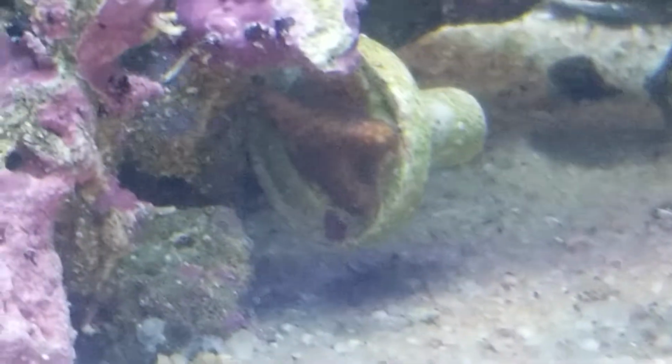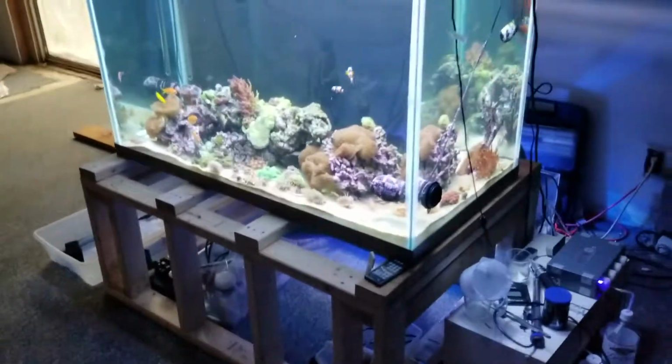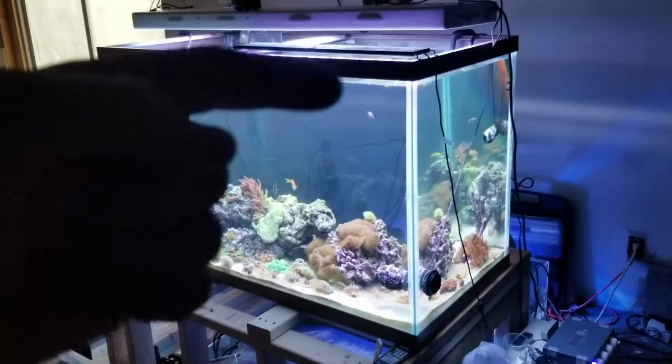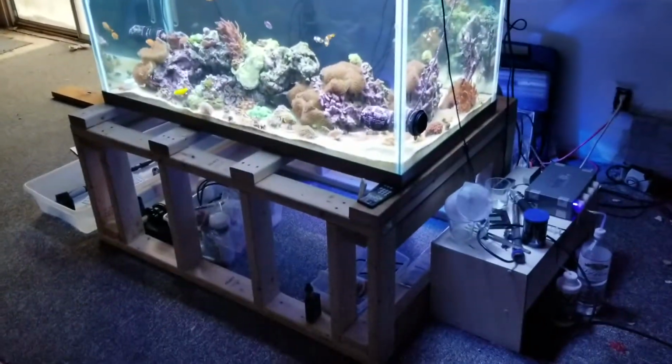That frog right there, I don't know how it's suspended like that, but it is. And it's not doing too well. So that was a Monti that I really wanted from a local aquarium's tank, and they gave me a little frag of it, and unfortunately this was before I switched over to this 150. I think I killed it in my 75 gallon, but I also didn't have the T5s, so now I got T5s, and I understand I have a lot of space here. So the idea eventually is to get all this stuff elevated. Right now I just got a hodgepodge of stuff, you know,